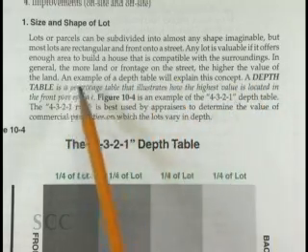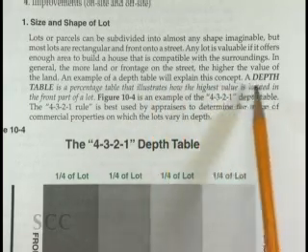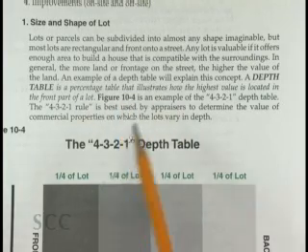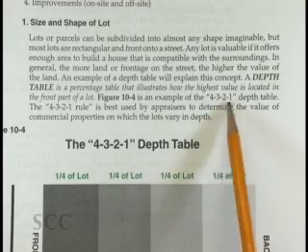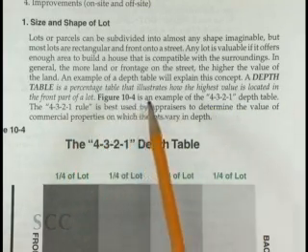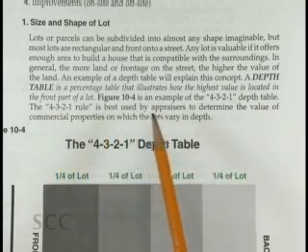A depth table is a percentage table that illustrates how the highest value is located in the front part of the lot. And then they're talking about this figure here. They say figure 10-4 is an example of a 4-3-2-1 depth table. The 4-3-2-1 depth is best used by appraisers to determine the value of the commercial properties on which the lots